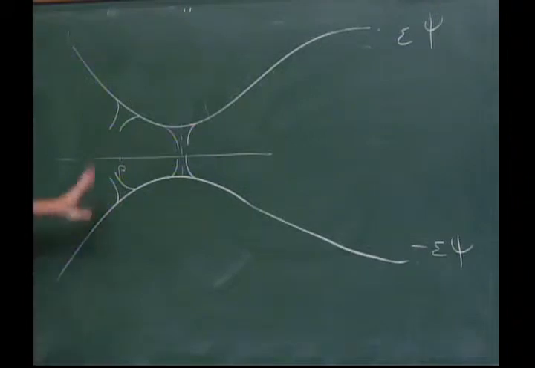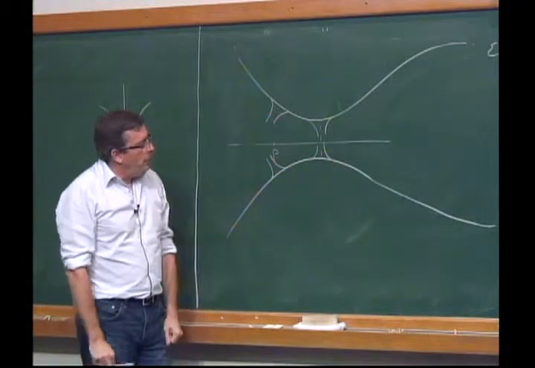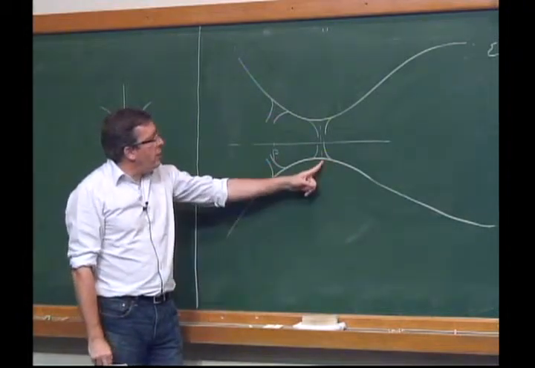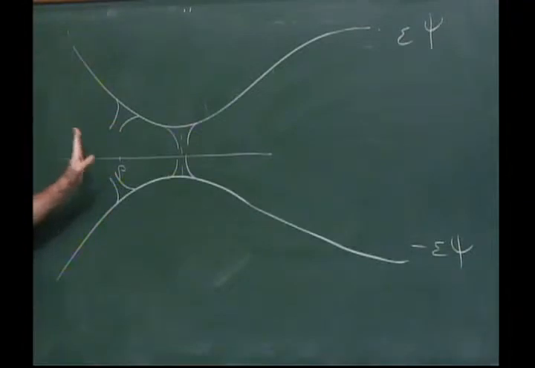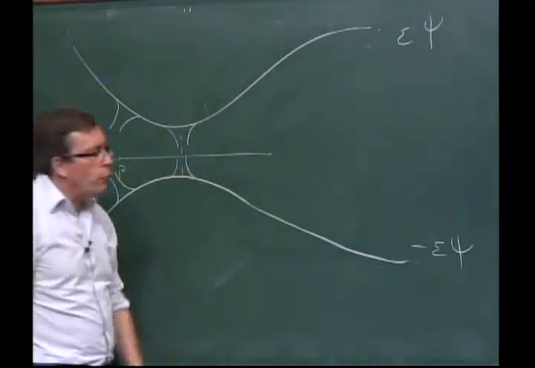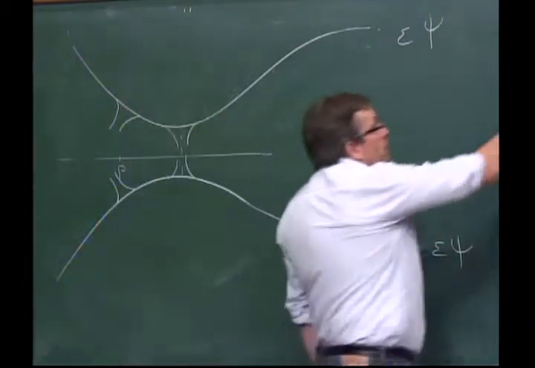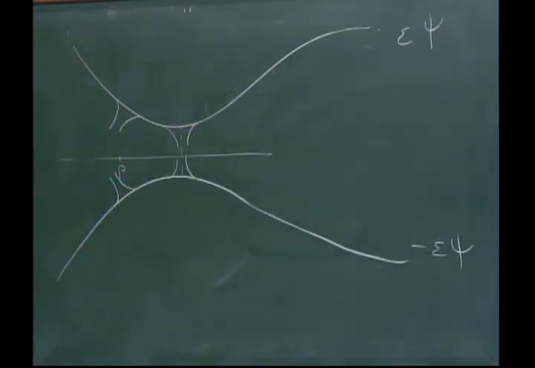So from the PDE point of view, there is a good reason why the perturbation works in this case and doesn't work in that case. But I have no proof of the fact that the connected sum cannot be done. What I'm saying is that from the PDE point of view, you see that you run into trouble, but I have no proof. Anyway,